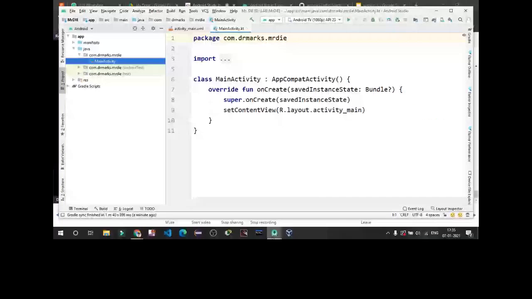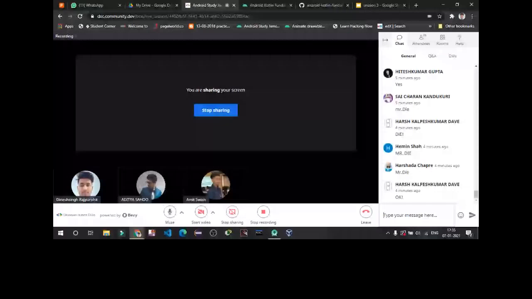So Mr. Die is up. Let's start with this layout. Let's remove this hello world. So what are the requirements for creating this Mr. Die application? So we will require